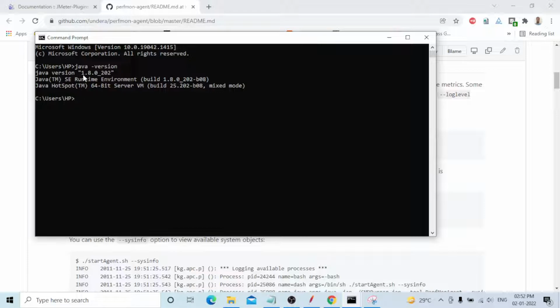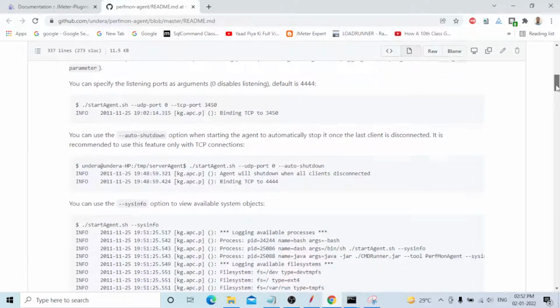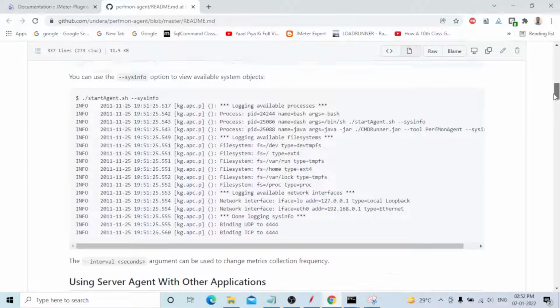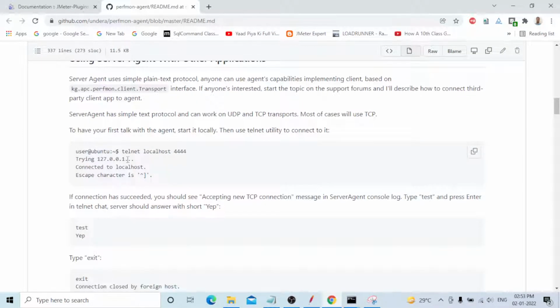I have already installed 1.8, the JDK, the Java Development Kit, or the JRE, the Java runtime. I installed 1.8 and it's working successfully with no issue. After that, the major point is the default port is 4444. You need to read all these things, it's very useful.